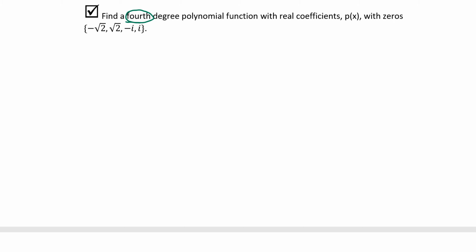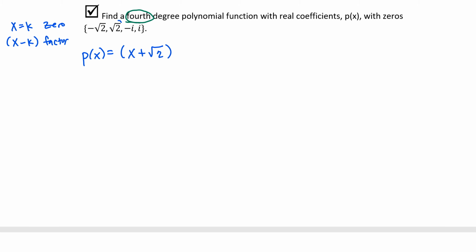So we are starting with the zeros and we want to form a polynomial that would contain those as the zeros. So we're just going to work backwards. Remember, if x equals k is a 0, then x minus k is a factor, right? It's just a difference in terminology. So if x equals negative square root of 2 is a 0, then its corresponding factor would be x plus the square root of 2. So there's one factor of our polynomial. We should expect 4 factors to go with the 4 zeros.